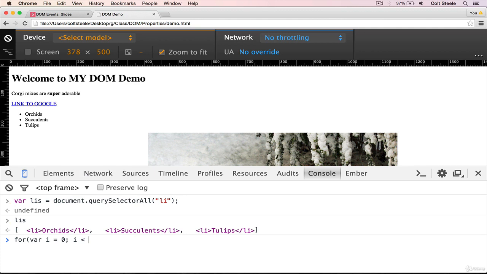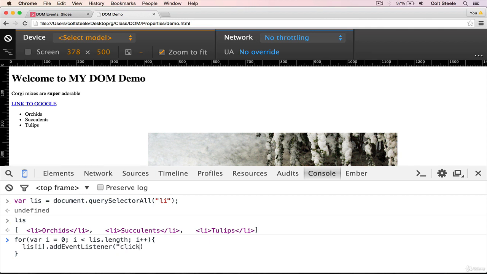So i less than LIs.length, i plus plus, just like that. And then inside of here, we're actually going to add a listener to each individual LI. So that looks like this, LIs[i]. So that gives us the specific LI, dot addEventListener,